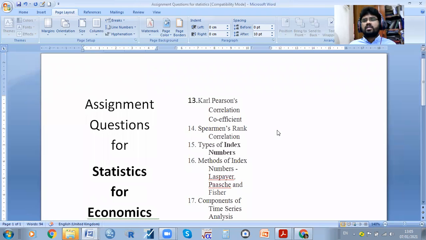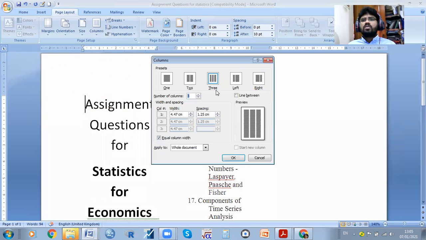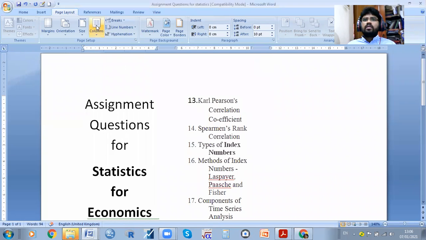So if the matter is full, then we can see it easily. If you want more, you can click more columns. You can type on the left side or right side. You can again click a greater number of columns. I think you are able to see this one. Here there are 10 columns. So you can choose 2 columns or 1 column. So this is about columns.